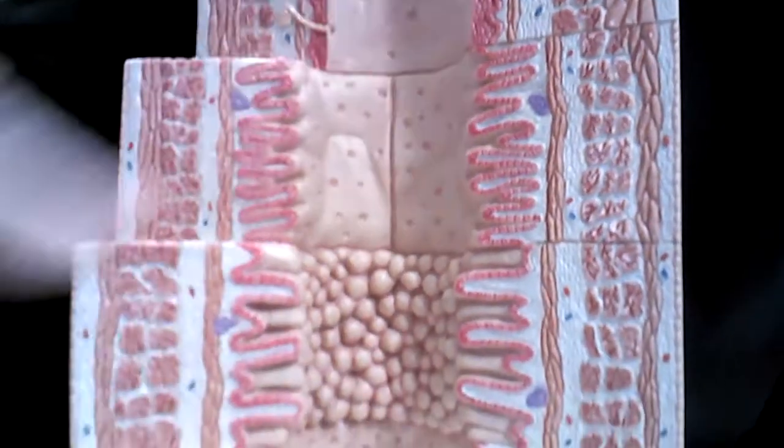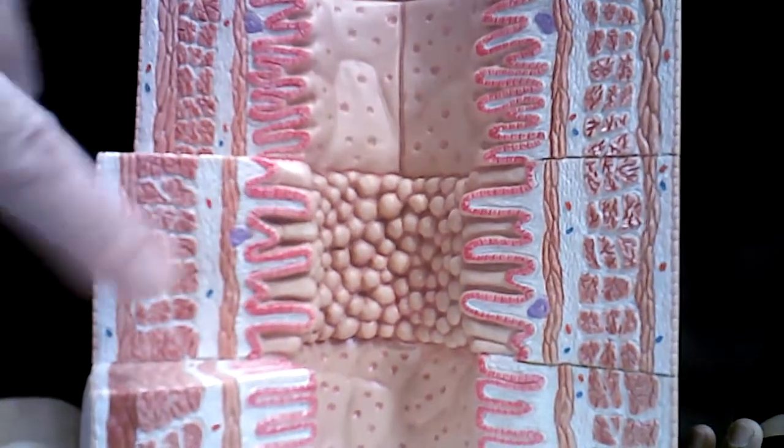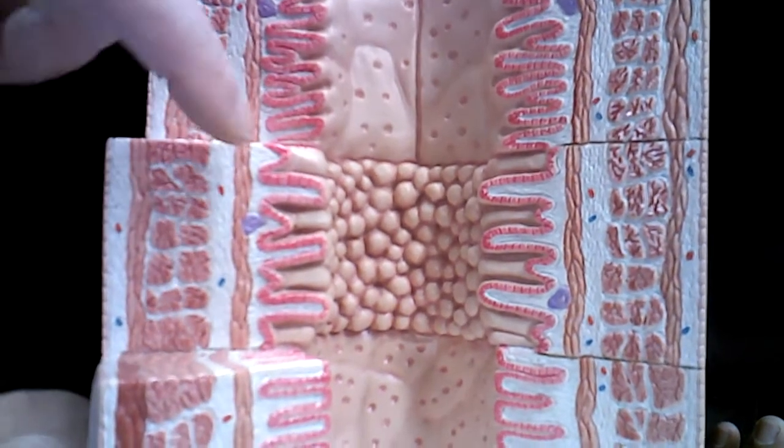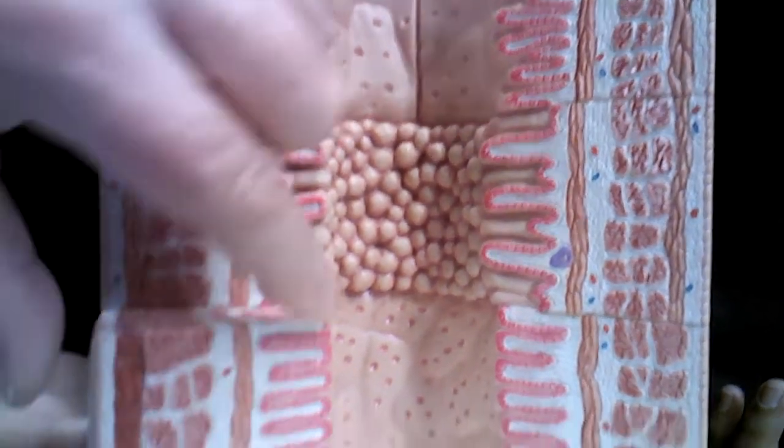The small intestine, we can see that we have our villi, and then the enterocytes on the outside here have microvilli to increase the surface area. And then the colon,